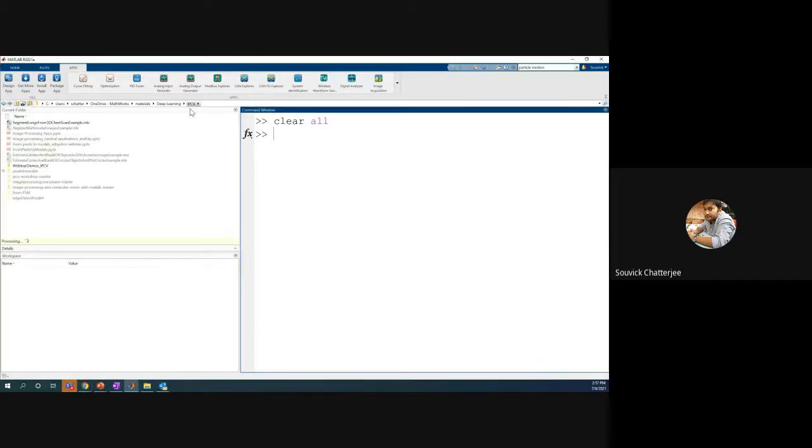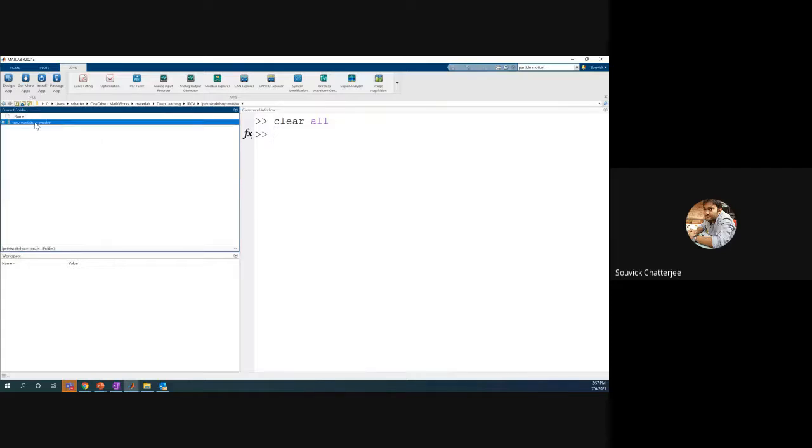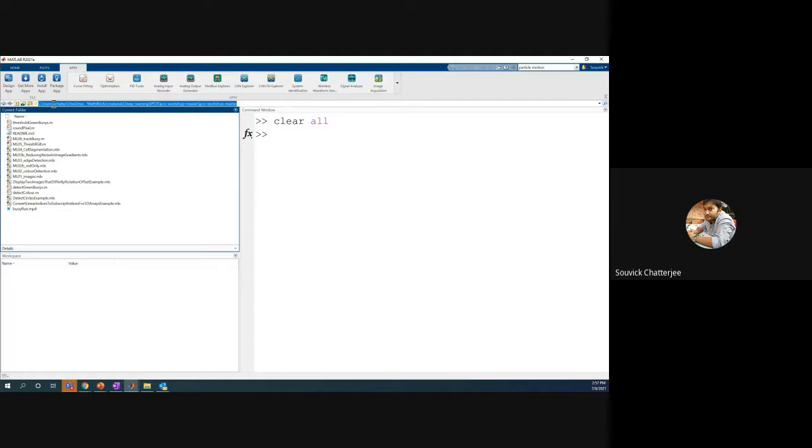Say, for example, I am in this folder, and this is my local system. So this is my current folder, the path of the current location. I have to have my images stored in this location, which, as you can see, is materials, deep learning, IPCV. This is my current path, and that is where we need to save the image, and only then imread will work.